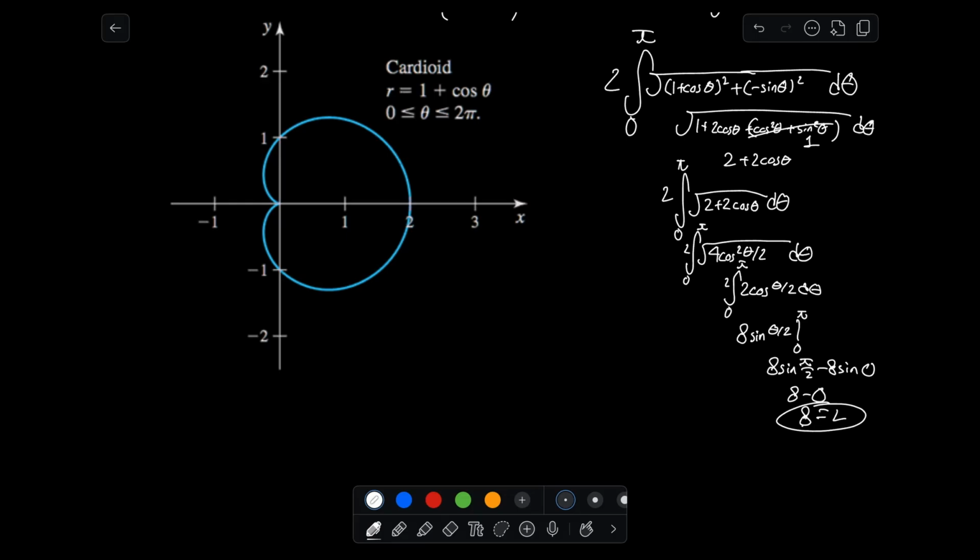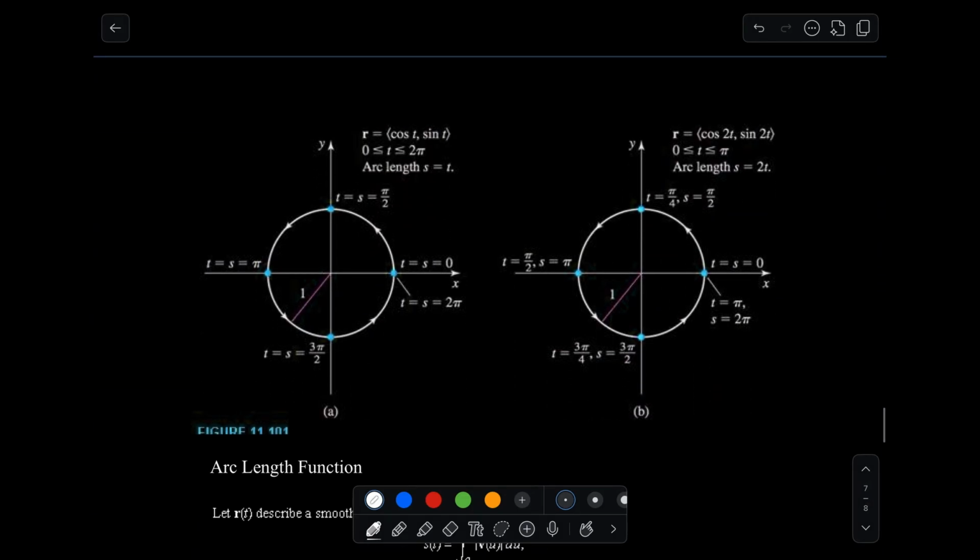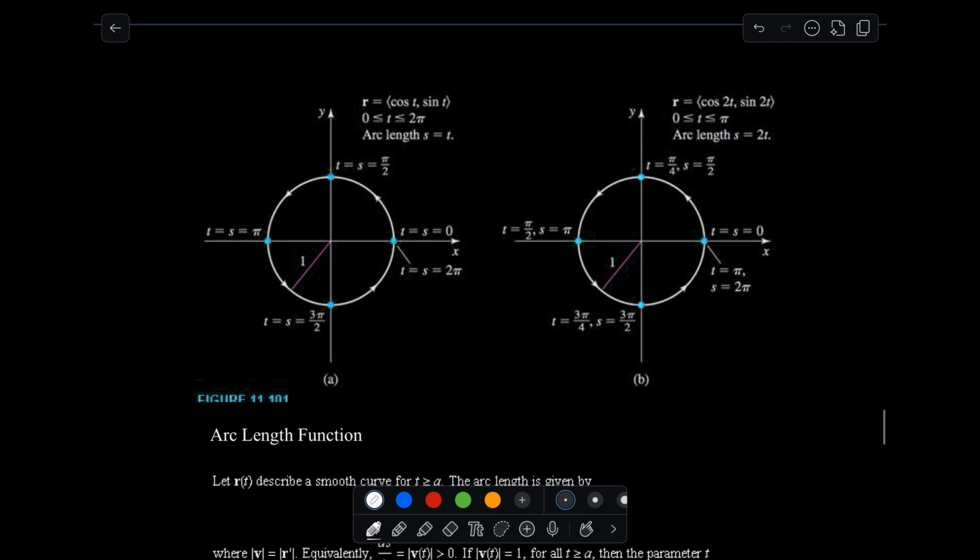Yep, it gave us 8. Perfect. And then one last thing we'll do is go over the arc length function. So we've been solving for the arc length, but now we're going to be using the arc length function. In these two examples, we're going to be converting from s to t, and s is just going to be our arc length function,